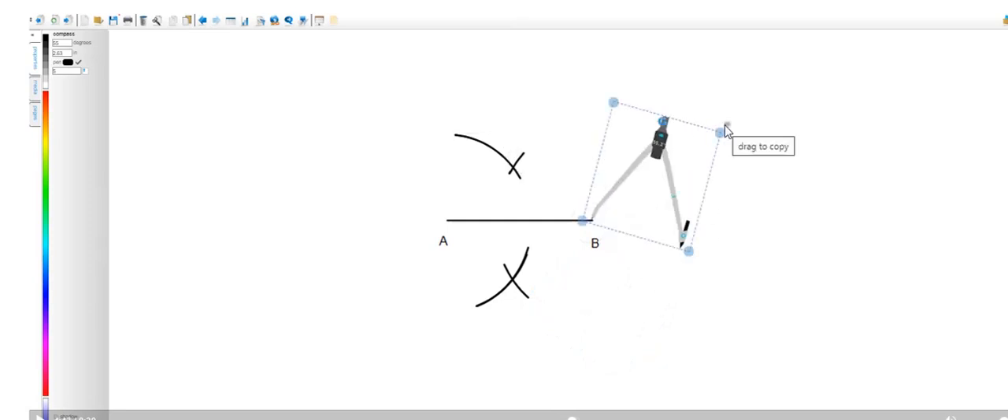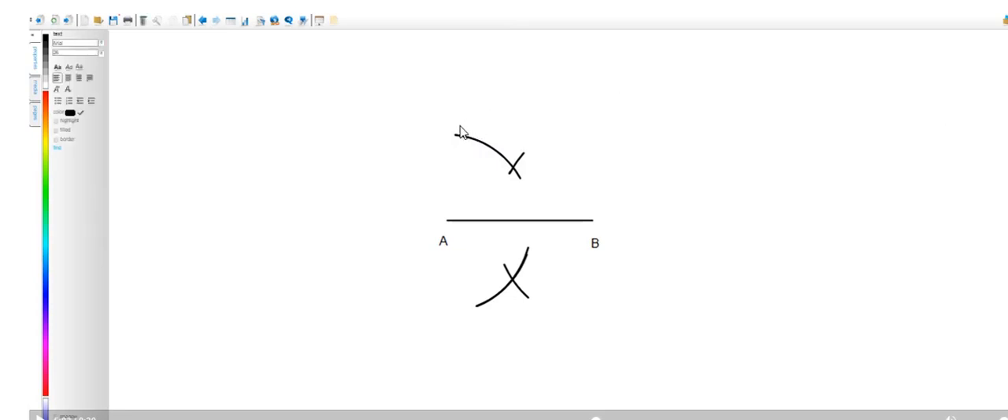You can name them. Let me remove this compass so that I can work easily. You can name them as arc 1, this one is arc 1, this one here, let me write arc 1, and this one is arc 2, or you can call it arc 3, because